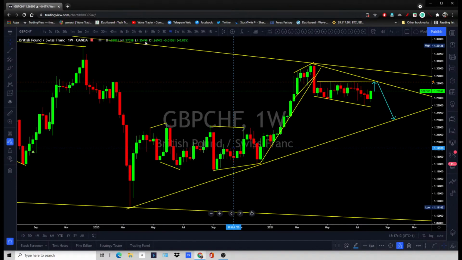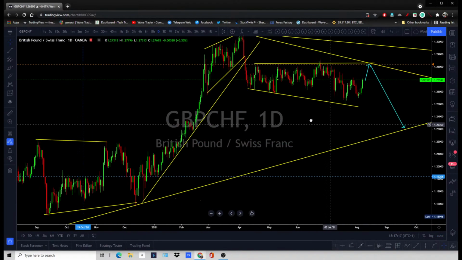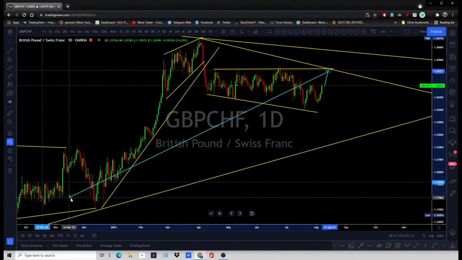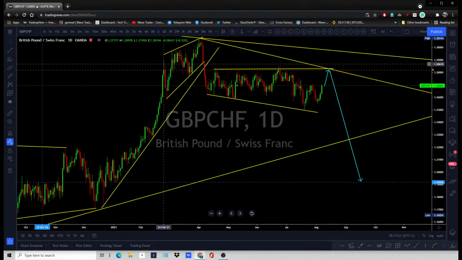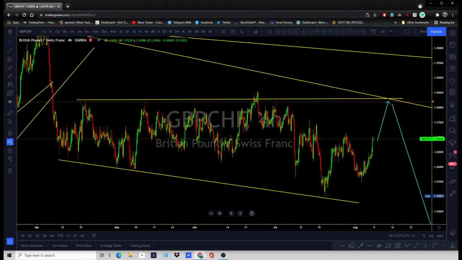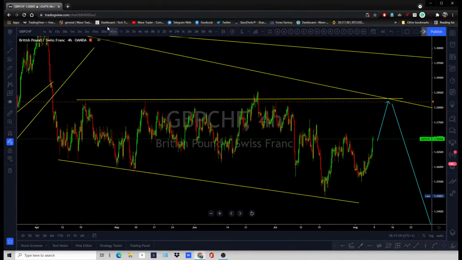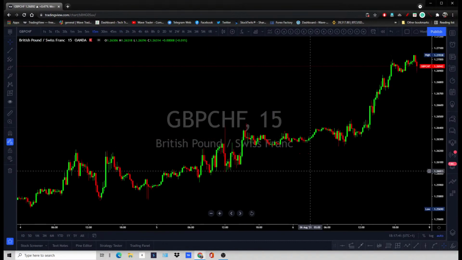All right, looking at the daily chart, this expanding triangle formation goes all the way back to these areas. If price pushes slightly higher, this move is not one you should chase. The move you should chase is the bearish one, back to that low, or a longer-term drop to the downside. You should wait and watch for that.